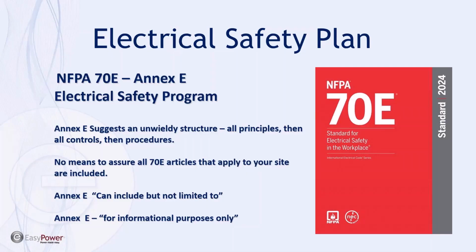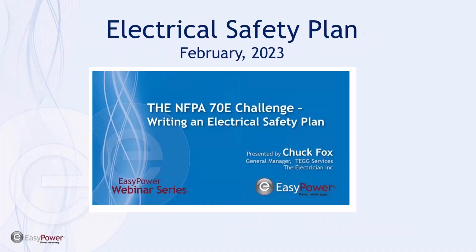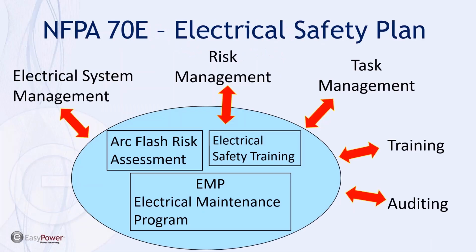It's for informational purposes only, and the structure of the way that plan was written was something that we felt we couldn't write an adequate plan to. And ultimately, here's the reference to that, and you can find that in the EasyPower references. Long story short, when we wrote an electrical safety plan, we broke it out into these 5 chapters and organized the chapters in this order, as opposed to simply a broad level of, as 70E Annex E states,